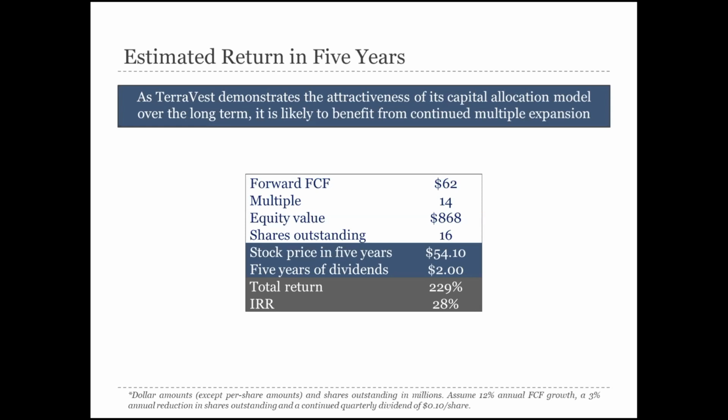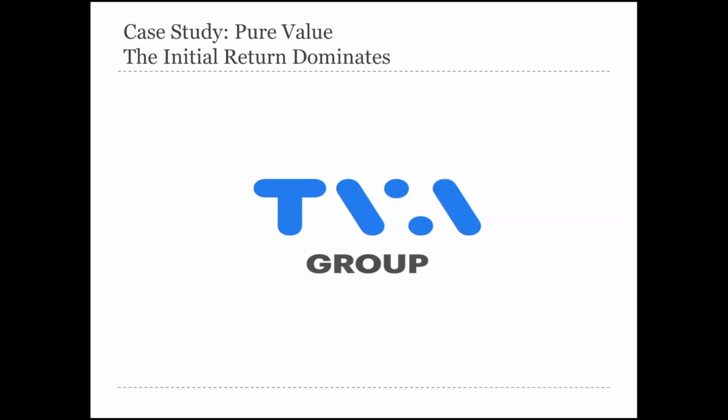So if we then continue our prior growth assumptions, now we apply a multiple of 14, again, hardly a Herculean multiple. We get a stock price of $54, add the dividends, and we have a 230% total return and a 28% investment IRR. Now, since this is a value conference, we're all value investors at heart. I want to take a look at another example. Just pure value. The initial return is so attractive that it just dominates the whole investment IRR equation,